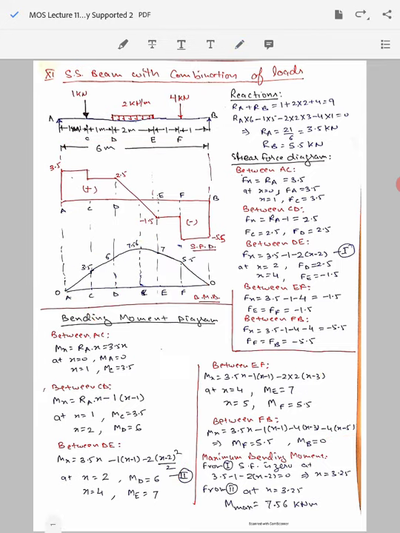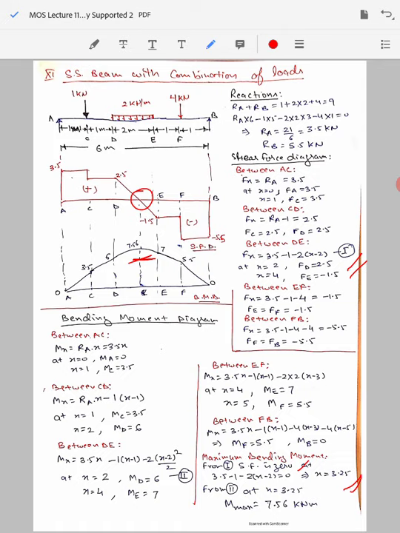For this purpose, I have already told you in the previous lectures also that wherever the shear force is 0, your bending moment is going to be maximum in that span. So as we are reaching 0 in this span between D and E, if we use the shear force equation for span DE and equate it to 0, we will get the value of x for which the shear force is 0 and the bending moment is maximum. So while calculating the maximum bending moment from equation 1, the shear force is 0 at x equal to 3.25. This is the value we calculated by equating the equation 1 to 0.